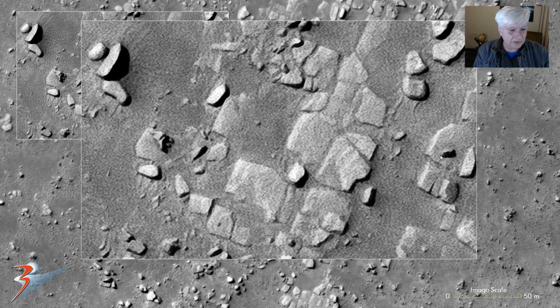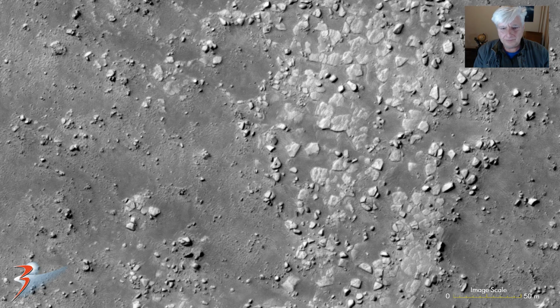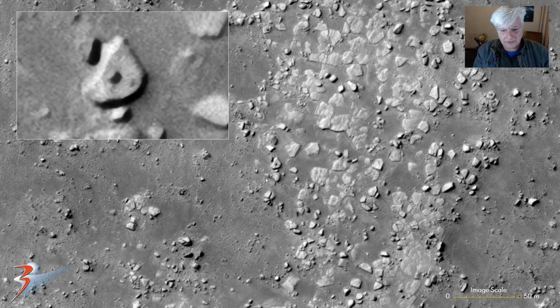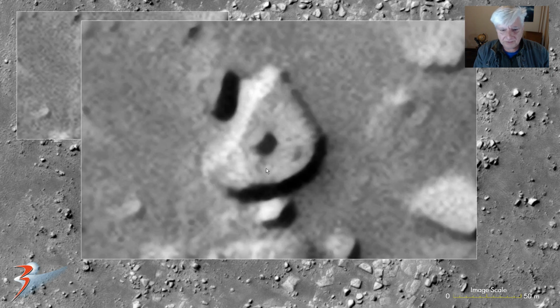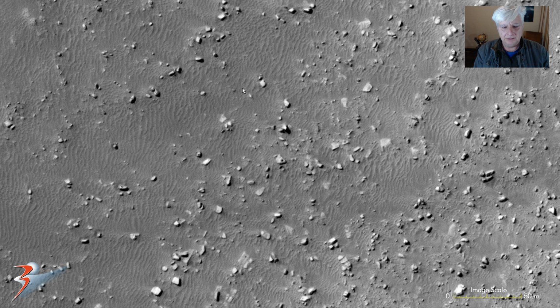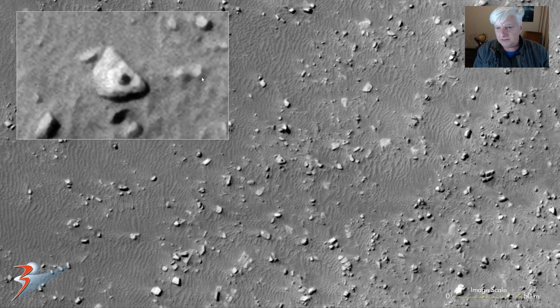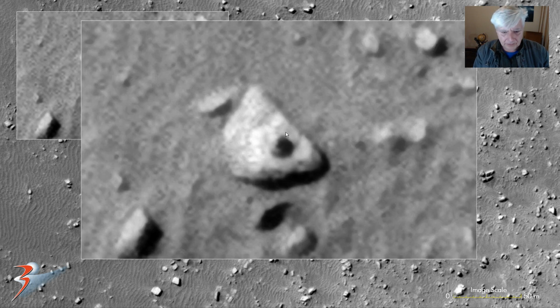There's another block with a little feature on it. Check out the geometry and design in that. There's another one of those semicircular megaliths, of which I've shown you a ton in this and previous videos. So right in the center, another dome-like feature or knob. There's another one of these semicircular megaliths with another rounded dome-like feature or knob, and right in the center